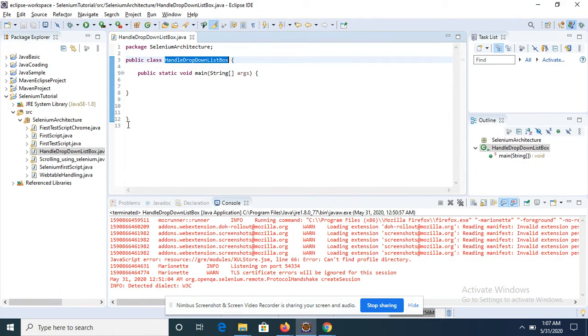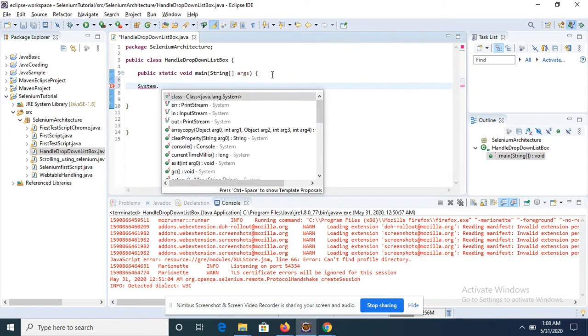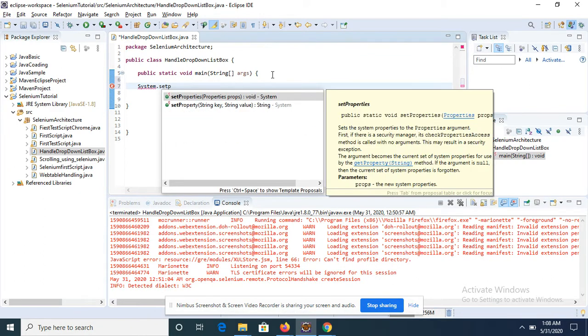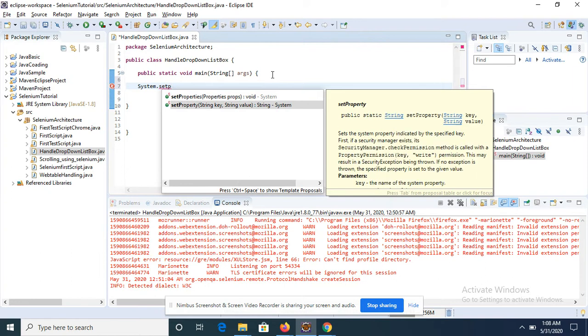So come to the Eclipse, and over here I have created a class, handle drop down list box. We'll code over here. Starting initially, we will try to set up the property. To set up a property, we use System.setProperty.